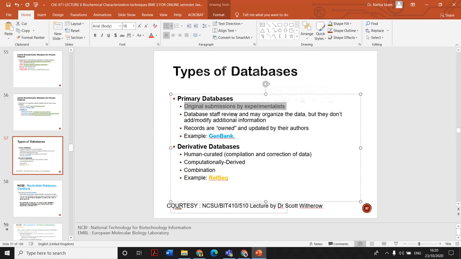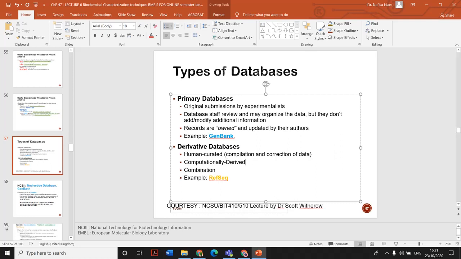You can just type in my grandma's genome and then you can just put it in. Okay, so a good example is GenBank, and we'll be looking at it in detail. Some other databases take all this very primary data and then they curate it, or they correct it, or they compile it, and then they say